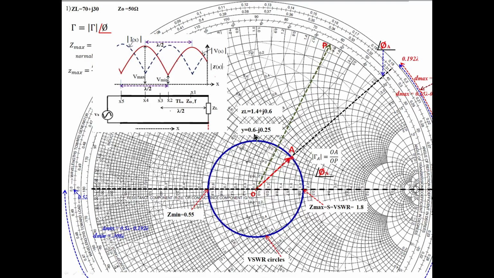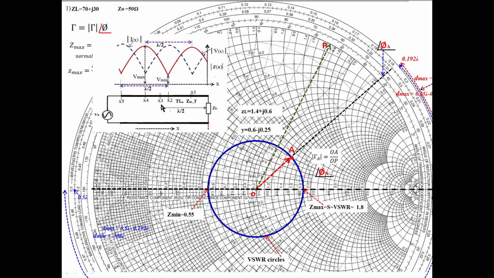And this is if you travel a distance from the load point. See this load point. If you travel a distance of lambda by 2, we will be coming back to the load point, because the same value ZL repeats every lambda by 2 distance. If you start here and come back over this, we are moving over a transmission line a distance of lambda by 2 and coming back to this point. Starting from the load point, traveling a distance of lambda by 2 is nothing but traveling over a VSWR circle and coming back to this point.